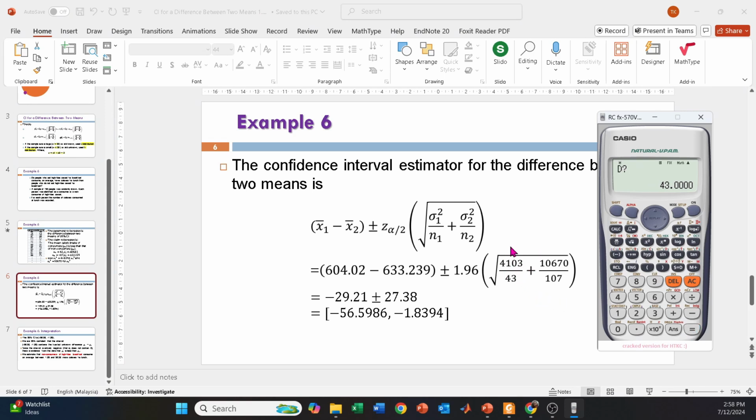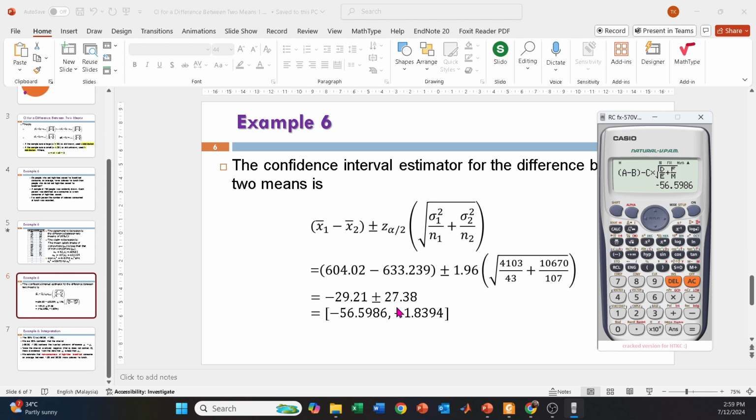D is actually the variance for population 1, 4103. E is the sample size for population 1, 43. F is the variance for population 2, 10670. Okay, M is the sample size for population 2. So you get here the formula with the minus. So the lower confidence limit is negative